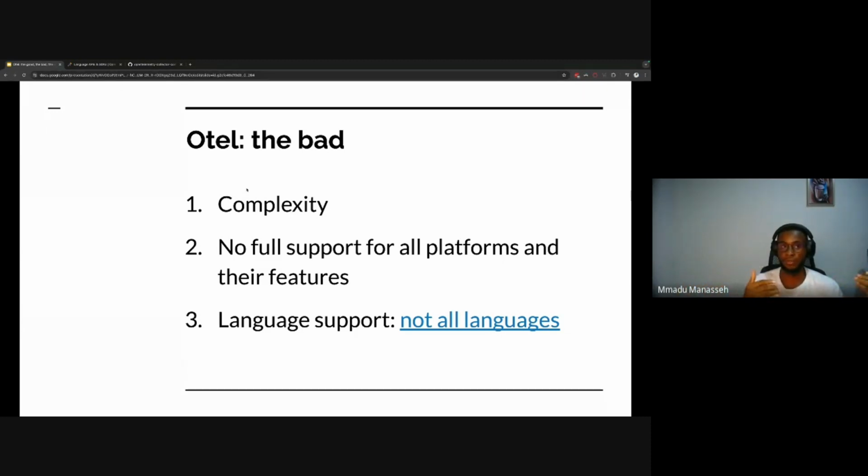So tracing from Otel didn't have some of the inbuilt Datadog functionalities that tracing with the Datadog library provided. So that's another thing that is bad about Otel. Well, as I said, it's under CNCF, so people are always working on this and making sure that whatever Otel has is almost identical to what the native platform libraries have.